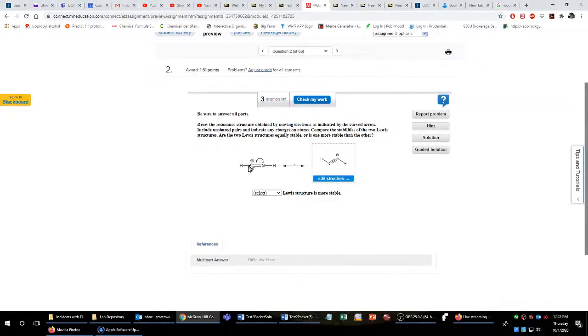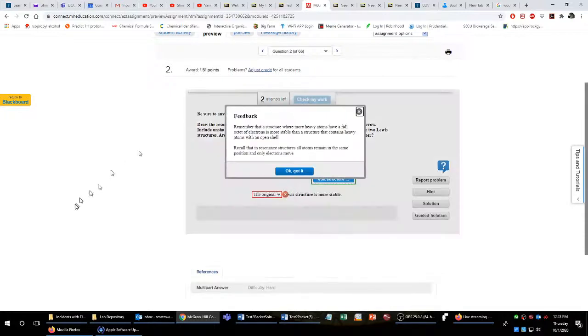Now, which is more stable? Well, here we have nitrogen exceeding octet, so this doesn't work. And here we don't have carbon satisfying octet. So we're going to break the octet rule regardless. The next step is to say which is the more electronegative element. Nitrogen is more electronegative than carbon, and because of that we would rather the positive charge reside on the carbon and not the nitrogen. So I'm going to say here that the original is the more stable one. And if I check my work,